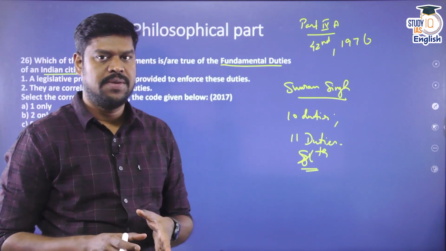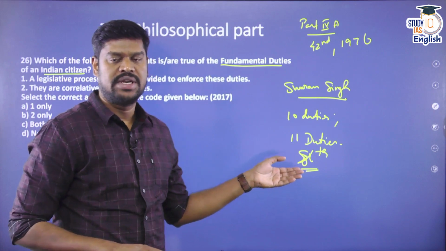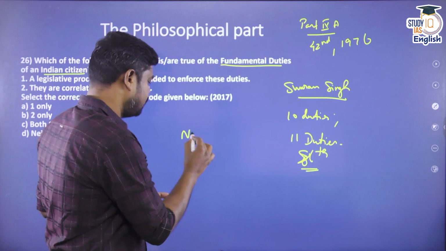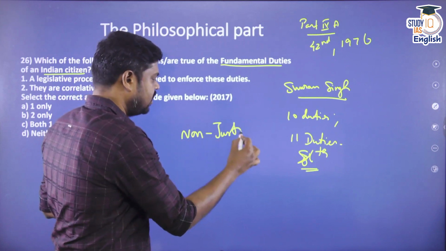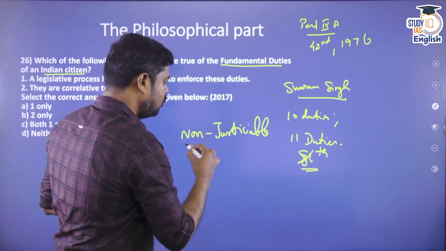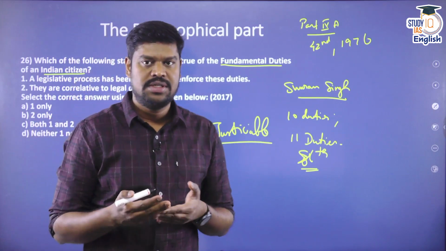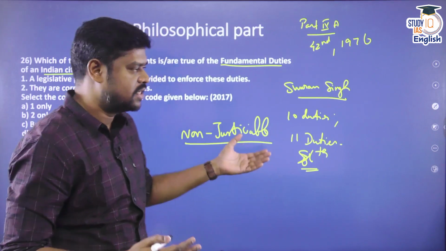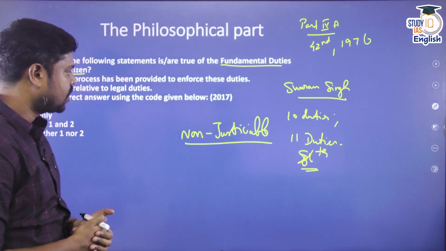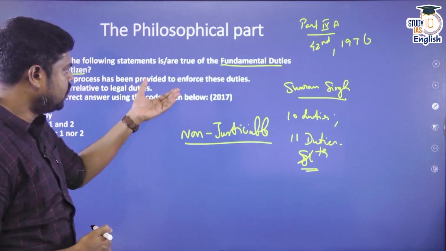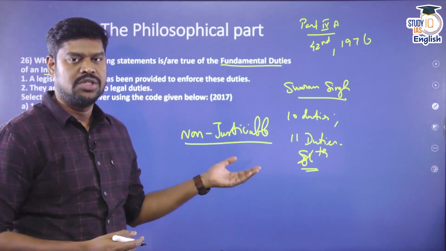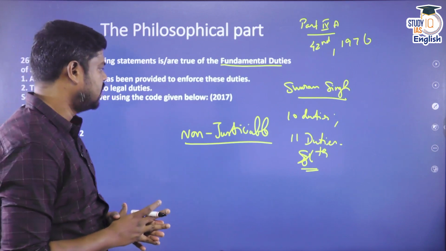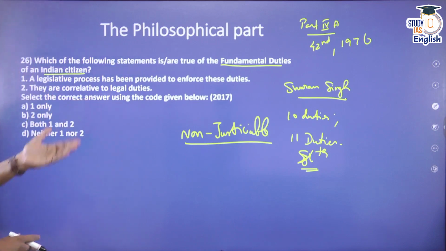However, please understand, similar to the directive principles of state policy, the fundamental duties are also non-justiciable in character. So this is very, very important. Are they justiciable in character? Fundamental duties are the duties to be performed by the citizens, but if the citizens do not perform any of these duties, it cannot be enforced in a court of law per se, because it is non-justiciable in character. Now the second most important thing is that the duties are only for the citizens, and not for the aliens. It is only for the citizens to perform these duties. So this is the basic understanding that you should have. With this, come to the first statement.